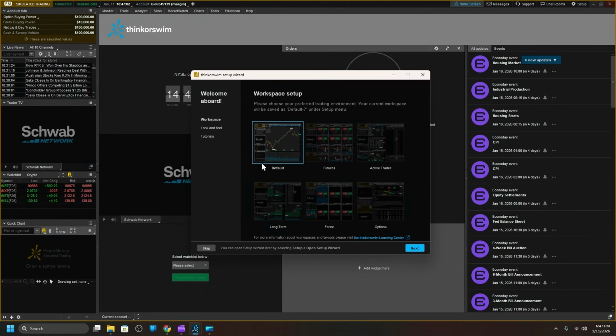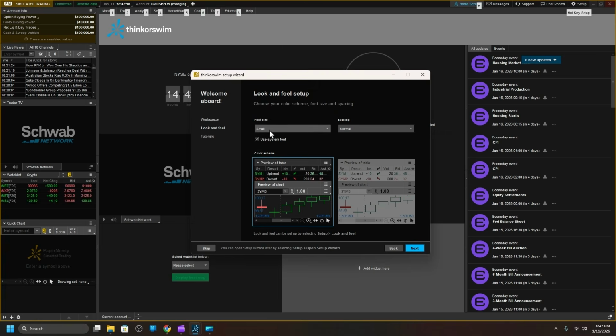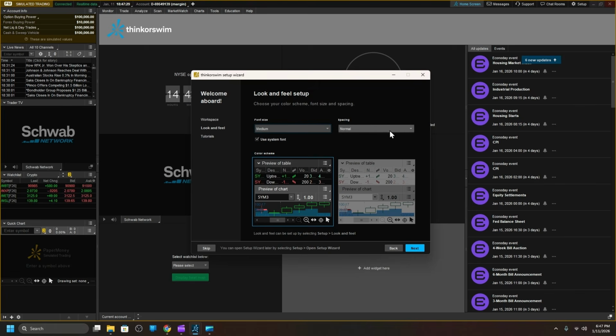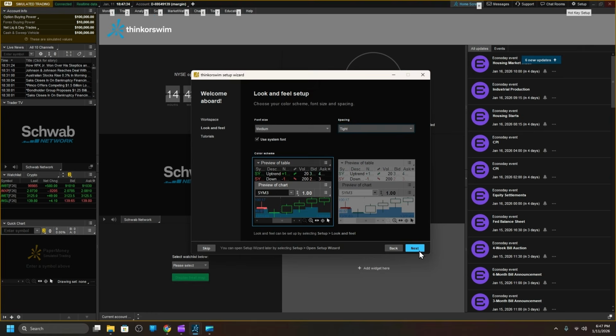This is the defaults where if you ever make a mistake in ThinkorSwim where you added a chart, can't find something, this is how you get back to square one. We're going to go to default, hit next, and here is how you change that look and feel. We're going to go from small to medium, and then we're going to go from normal to tight and hit next